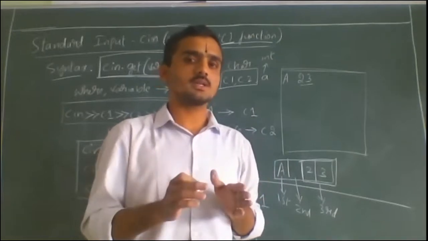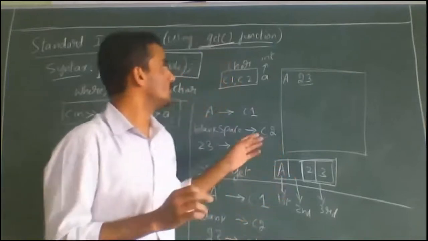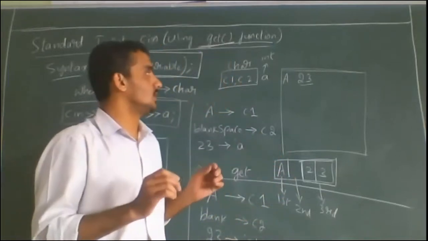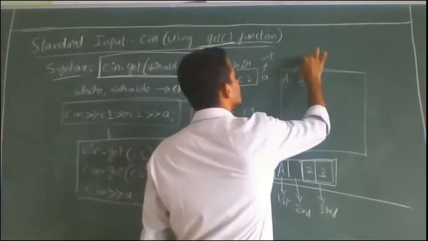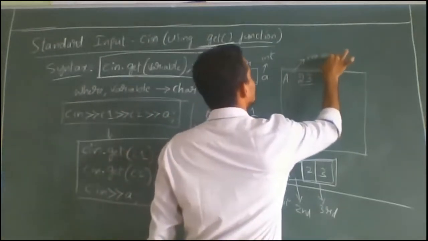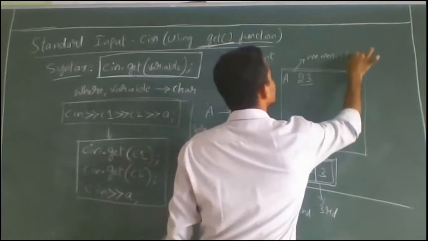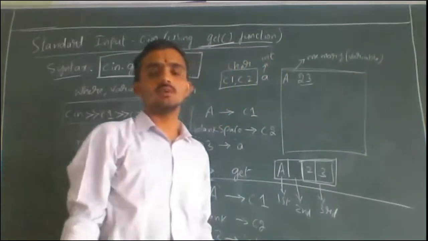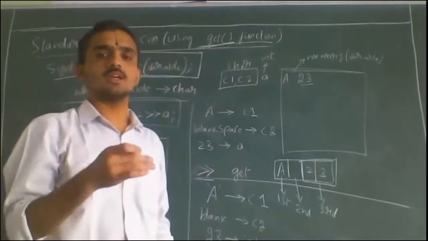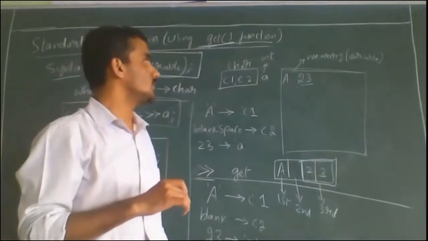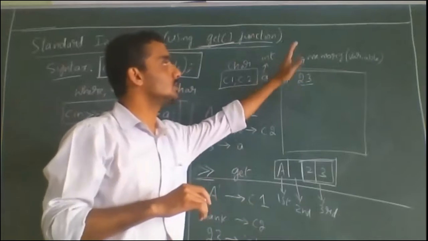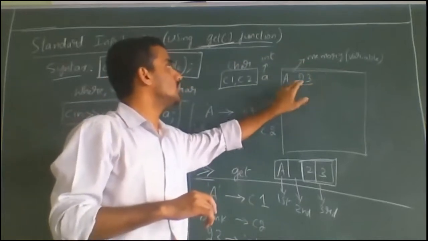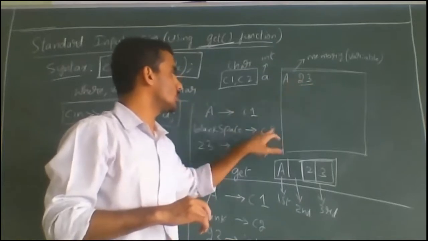But if you want to understand with respect to a program, then you consider the third definition, that is, a variable is a name given to a computer memory location. Now, if I say it is not stored in memory, then memory is nothing but a variable, because for a memory location only we give the variable name. So the variable name is linked to the memory. So if it is not stored in memory, you have to consider that it is not stored in a variable. If it is not stored in a variable, then we should say that the blank space is not stored in C2.